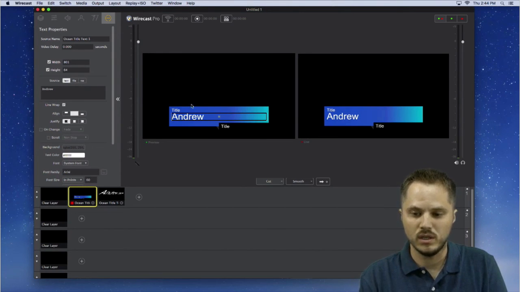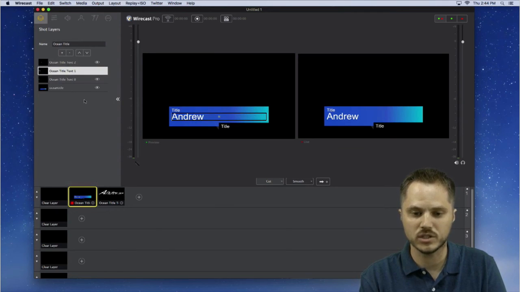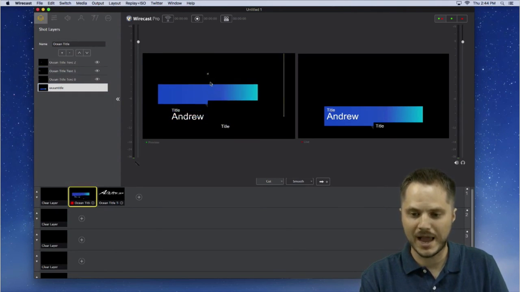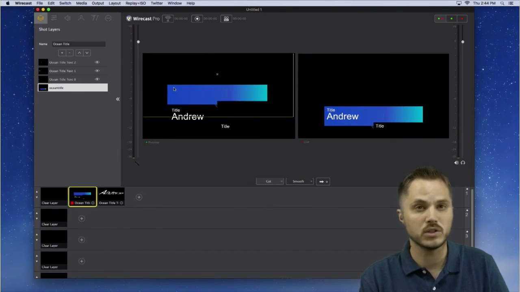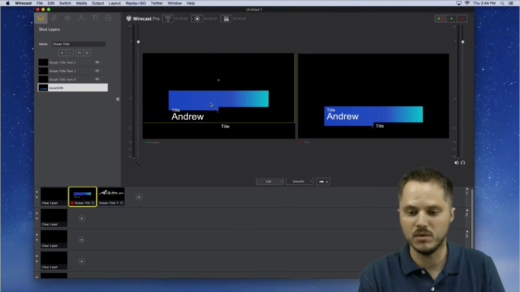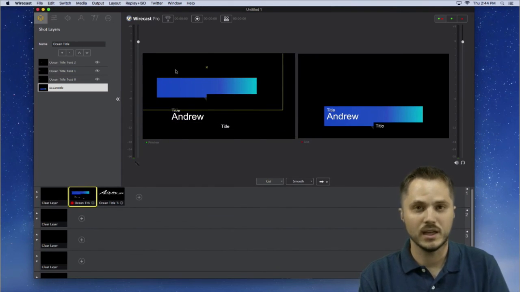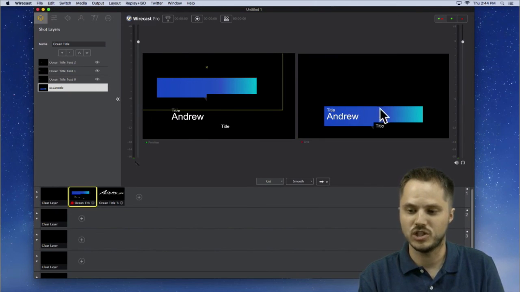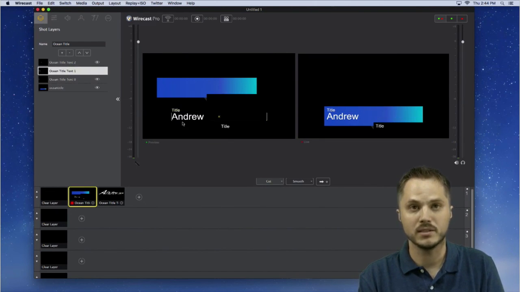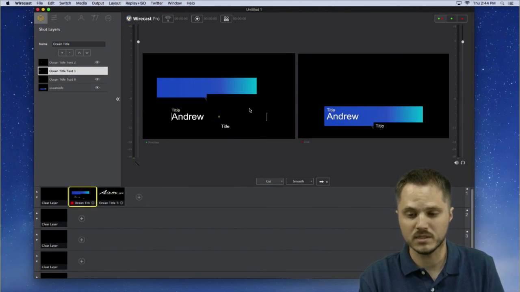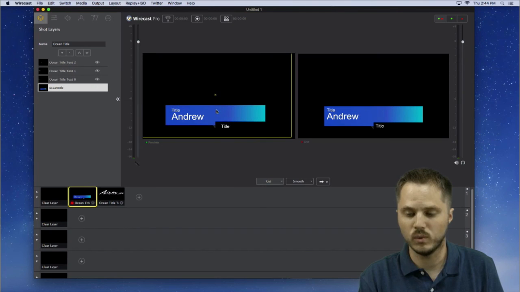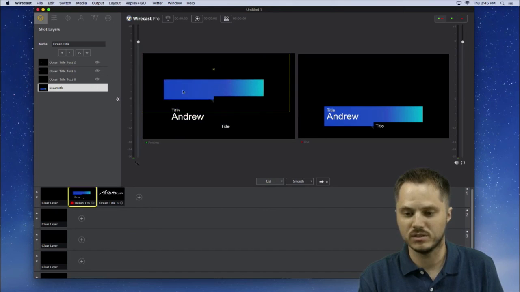Now, titles actually include other layers, like this background overlay, which is really just a Photoshop kind of image, or a graphically designed image, for the titles or the text to sit on top of. This, again, is really just like moving a picture around. You'll notice it doesn't change. It only applies to the text boxes. Make sense? And that is also true with scale and position, because I can't actually change the color of this or do any of that live. There's no tools for that. It is always blue. It's always the same content.